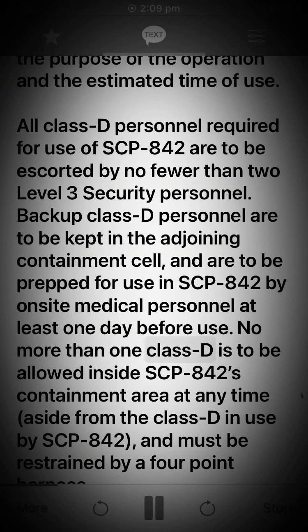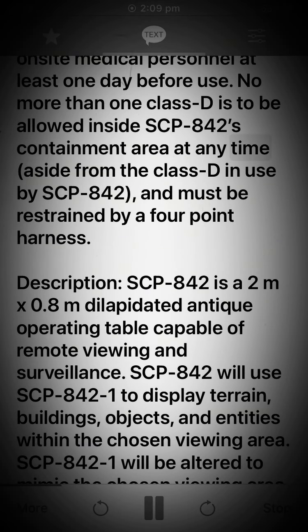No more than 1 Class D is to be allowed inside SCP-842's containment area at any time, aside from the Class D in use by SCP-842, and must be restrained by a 4-point harness. Description: